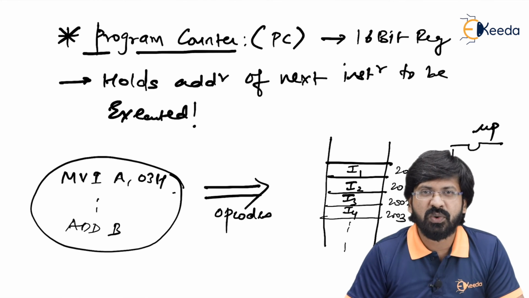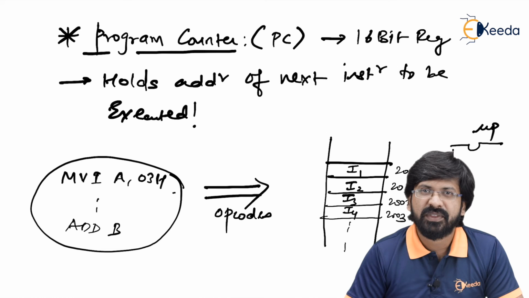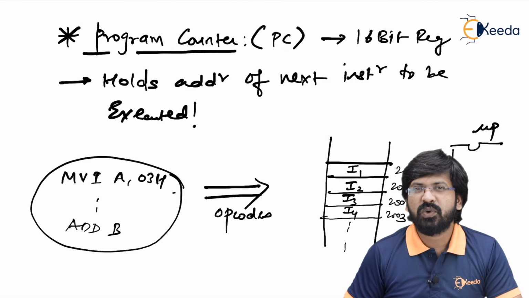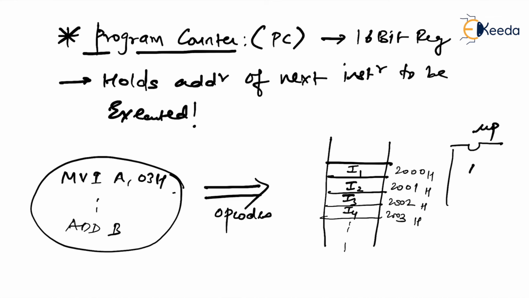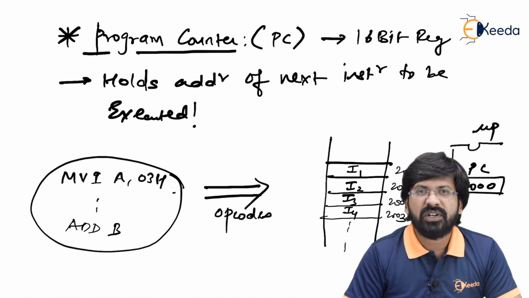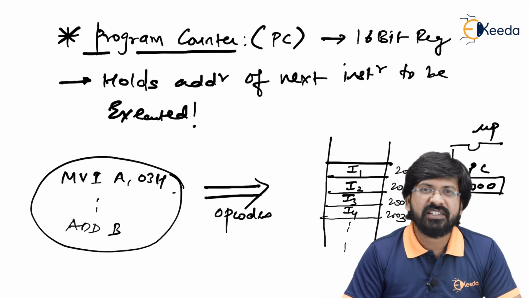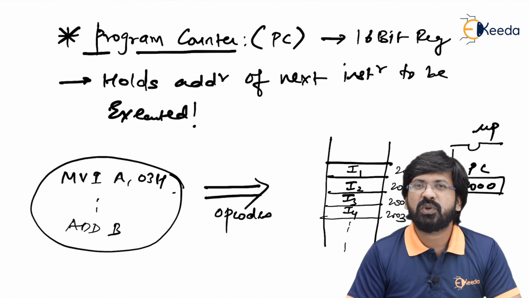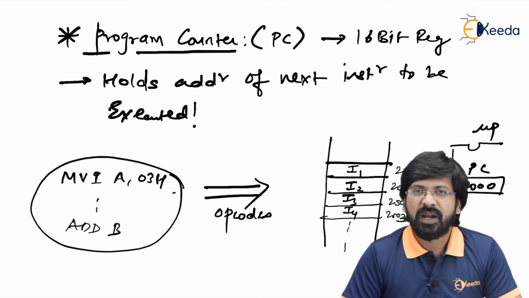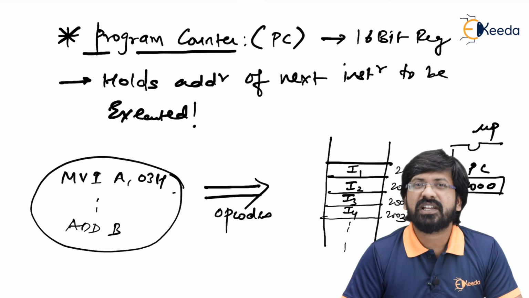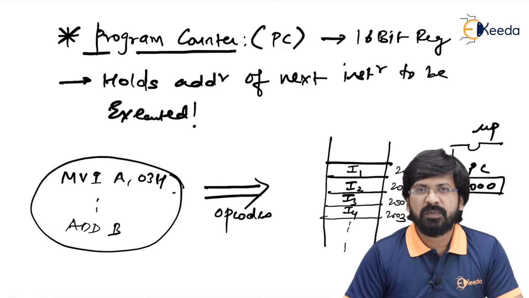But then it is very important for the microprocessor to first of all know where the instructions are stored, exactly in which memory location. Is that right? The memory location is not known to the microprocessor. So there the role of the program counter begins. The program counter will always hold an address, let's say 2000, because 2000 is the starting location of the program. So 2000 hex is already stored in the program counter. The MPU understands that it has to fetch from the 2000 hex location, because as we said in the discussion, the program counter is a 16-bit register which holds the address of the next instruction to be executed.